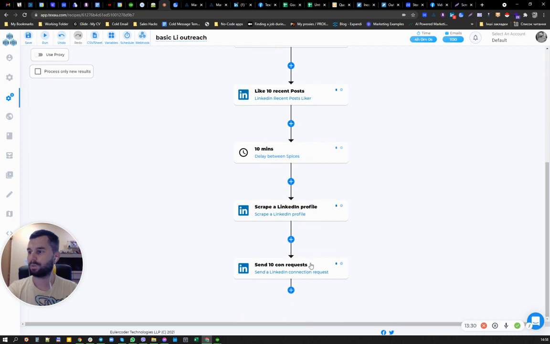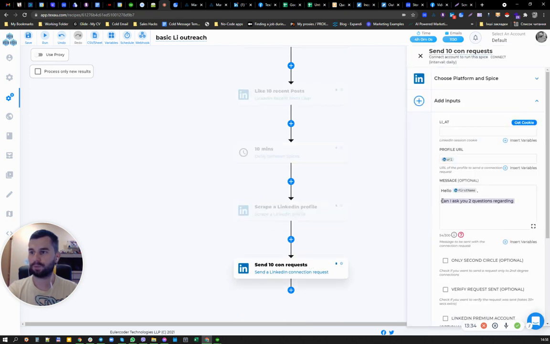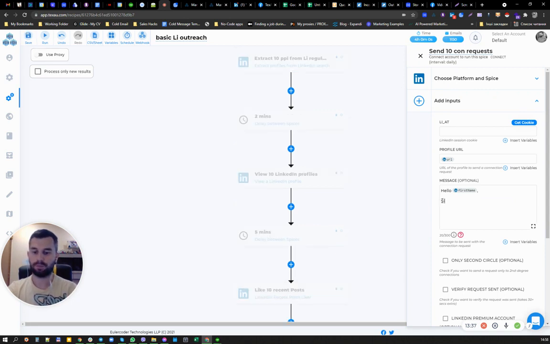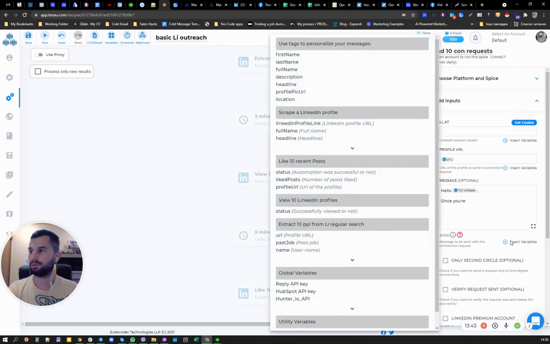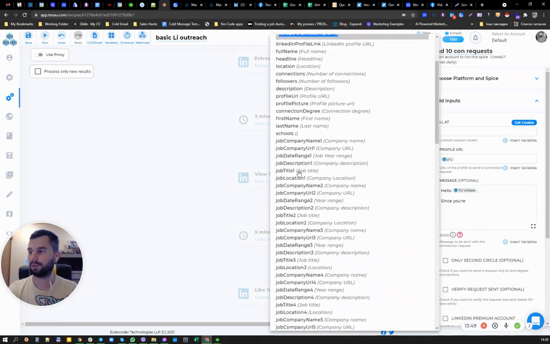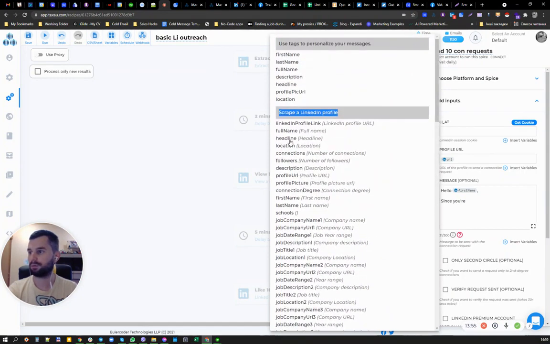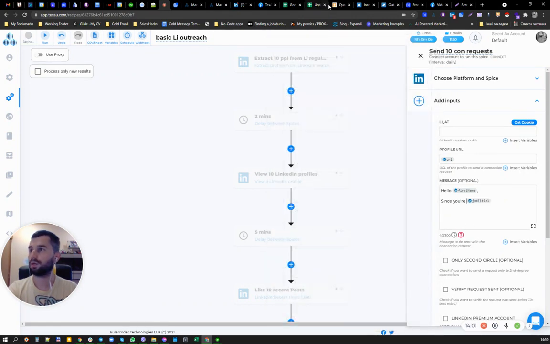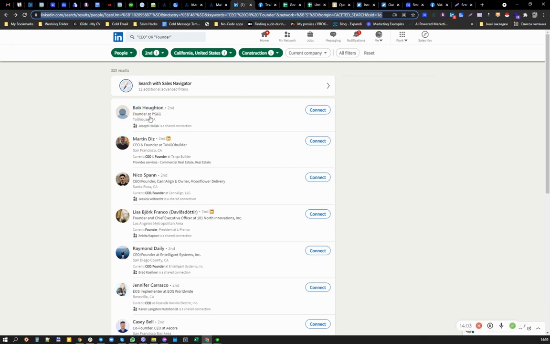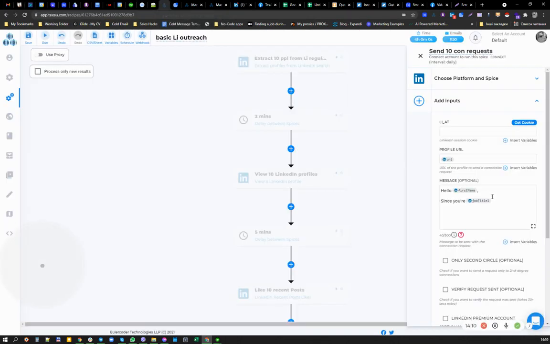Now, we go back to our connection request and type our message like, since you are, then go back to variables, and then we see this recent step, which is scraping a profile. Now we have lots of yummy details. So in here we must have a title, job title 1, which in our case will be: since you are a CEO and founder. So this is what we are going to get. Since you are a founder